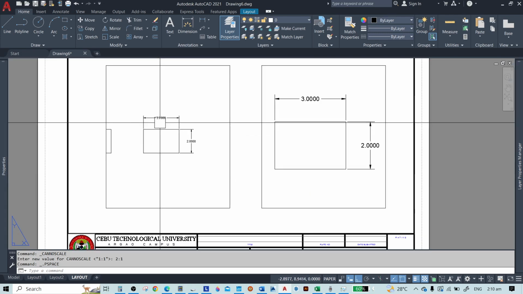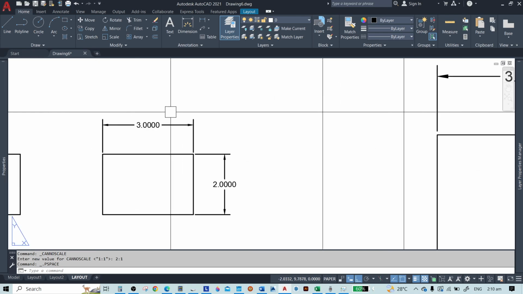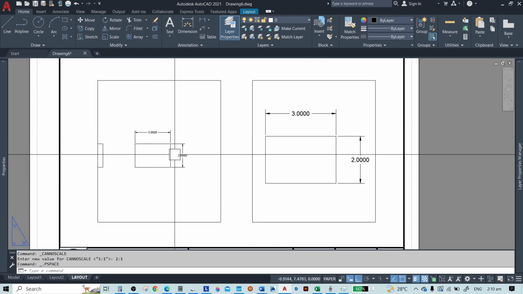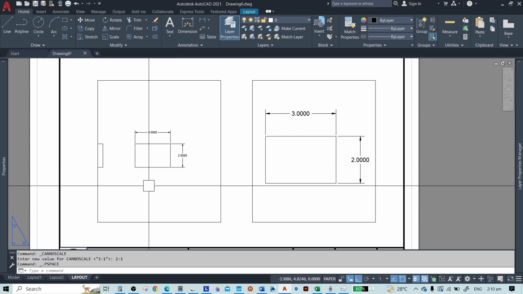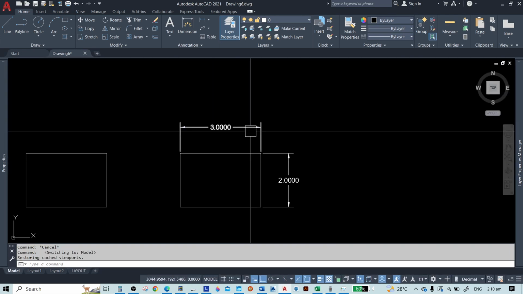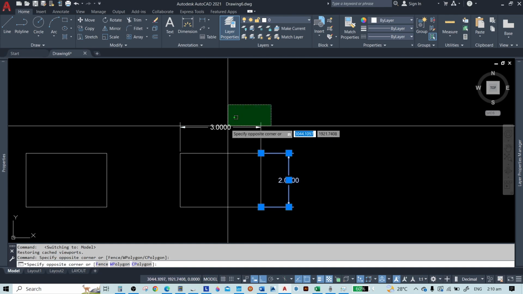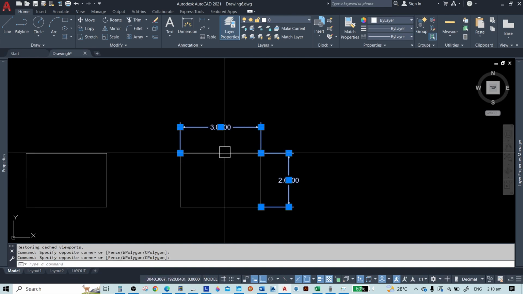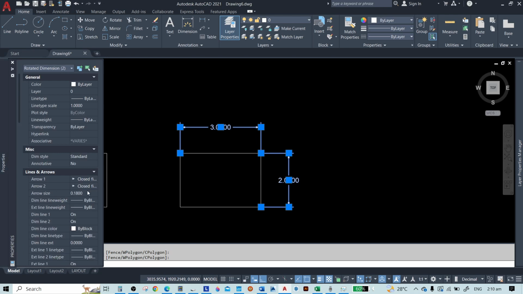Now we don't want that to happen because we have a standard regarding the text size. Also the arrows, also the spacing of the dimensions, we have a standard for that. Now what you are going to do is to make your dimension annotative. You can select these dimensions that you have made and then go to miscellaneous in the properties and then select yes to annotative.